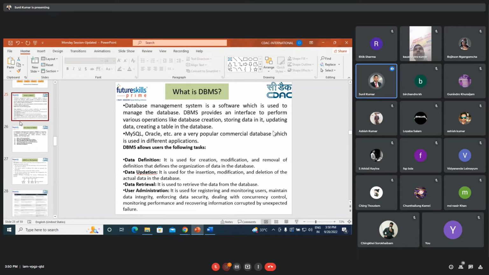There are a number of tasks provided by the DBMS. First one is data definition. Basically, data definition is used for creation, modification, and removal, like when I defined the tables in Excel a few minutes ago to define the schema. Data updation: suppose you want to update any data or insert any data in my database. Data retrieval: suppose you want to